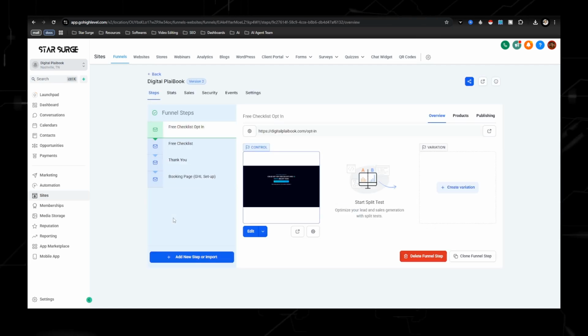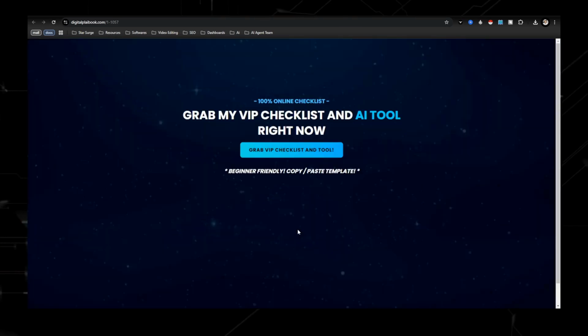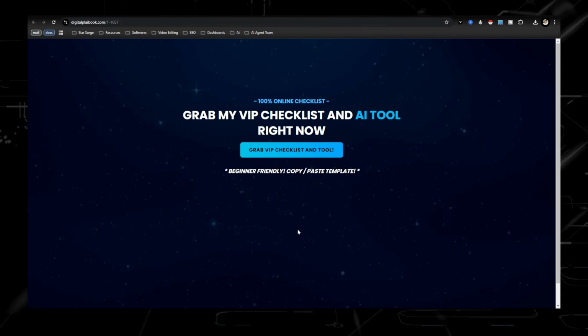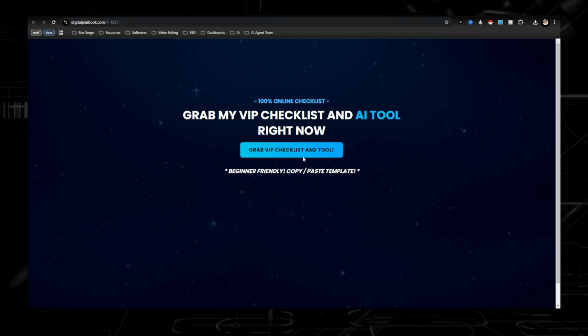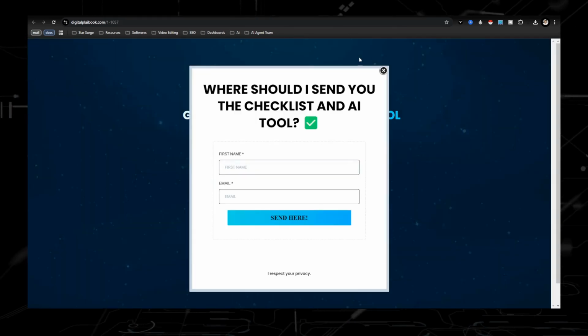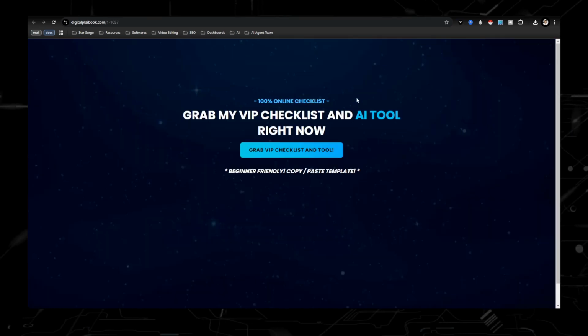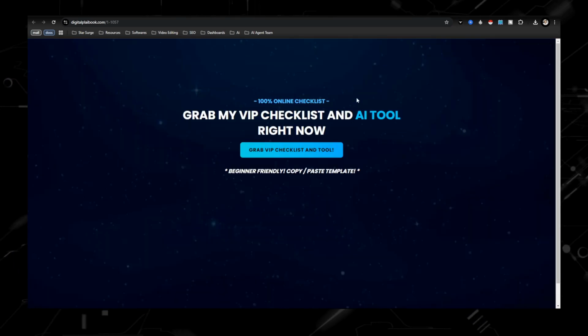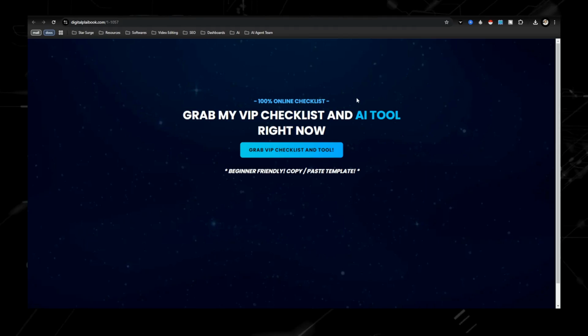Funnel, opt-in, same thing. And basically what this is, it's how you're going to be collecting data. So I like to think of just social media, as you can see by my content strategy, I'm posting every day, and my whole goal is just to collect data. And that is to get people in here, boom, first name, email, and that sends them to my group, which I'm able to actually have a conversation through the DMs, educate, and stuff like that.